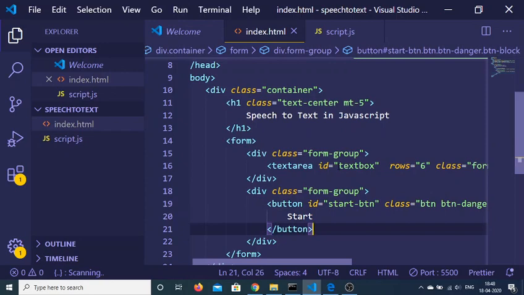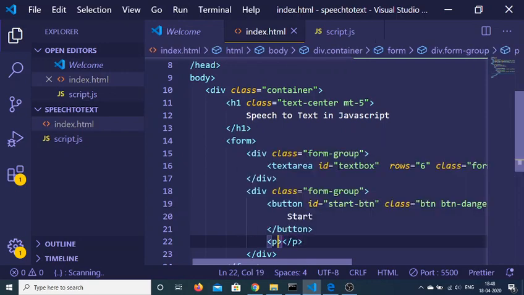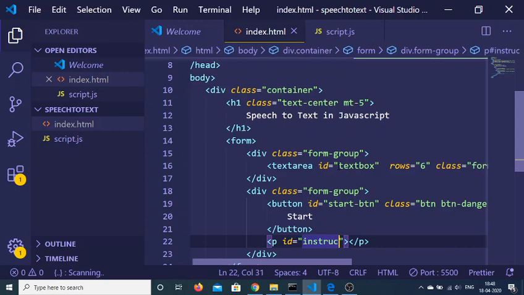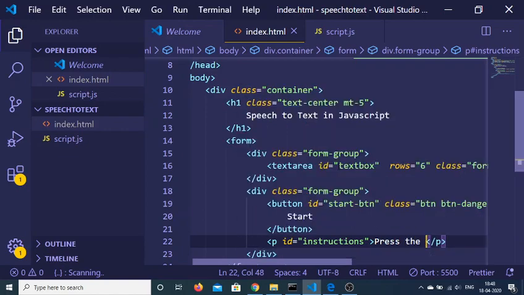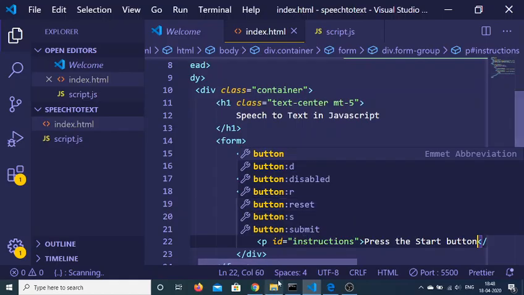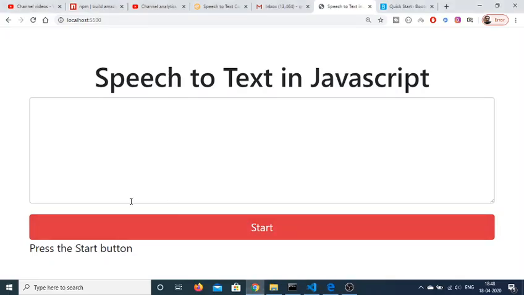So after this button we will also be having a paragraph. I will be giving an ID to it of instructions. Inside this paragraph it will be first of all prompting the user to press the start button like this. So the interface is complete.